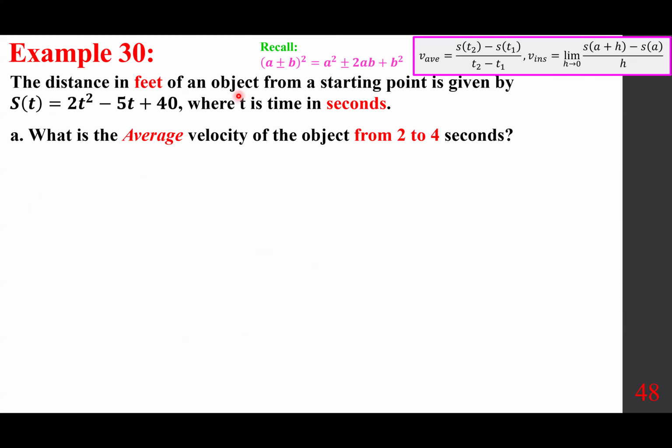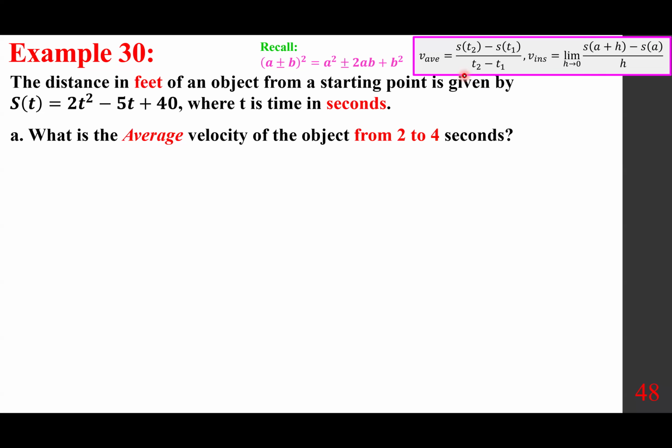The distance in feet of an object from a starting point is given by s of t equals 2t squared minus 5t plus 4, where t is time in seconds. What is the average velocity of the object from 2 to 4 seconds? First, reminding you the average velocity, basically when you have 2 points given, is just rise over run. The total distance over the total time gives you